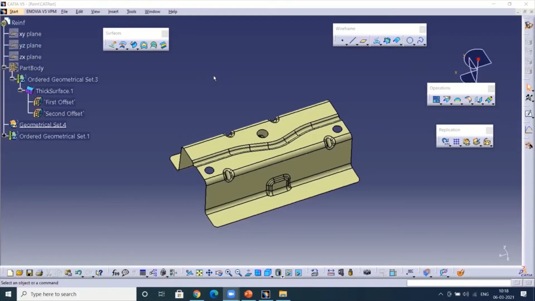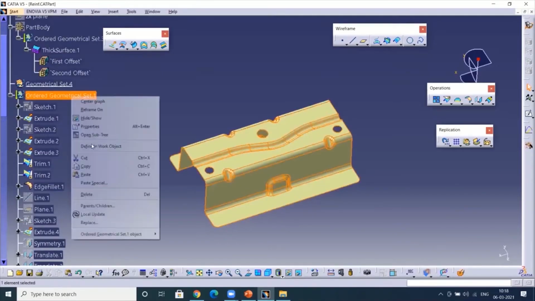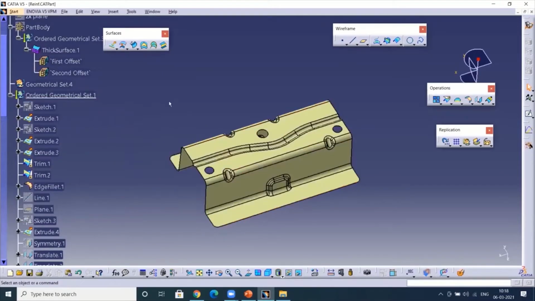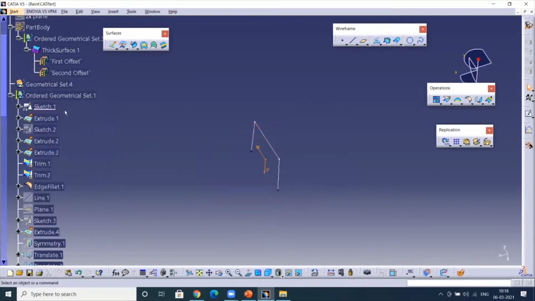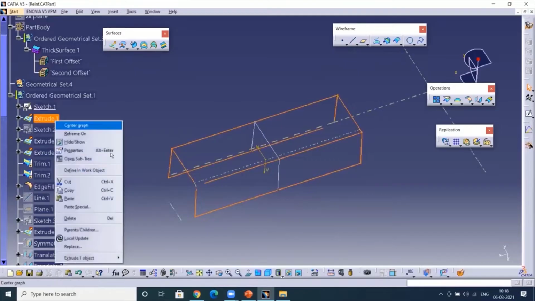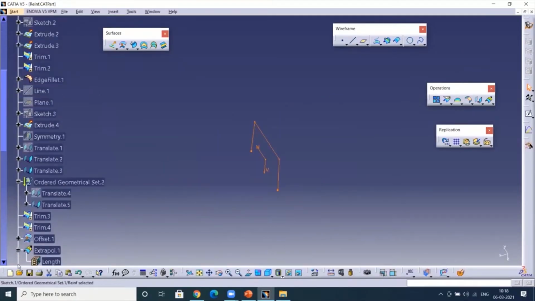Okay, understood. But in a simpler way, I'll show you in ordered geometrical set. I have done the modeling in an ordered geometrical set. When I right click here and do define in work object, I can go step by step. First I have done the sketch, then I have done extrude. Like this I can go in an ordered geometrical set. But in case of a geometrical set,